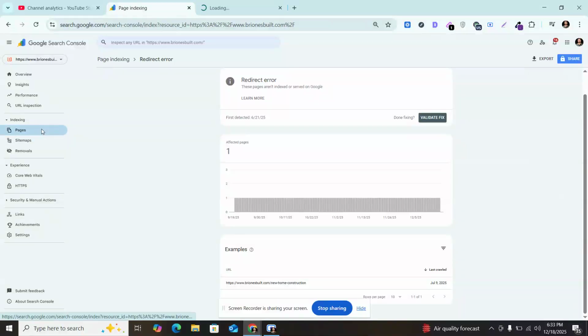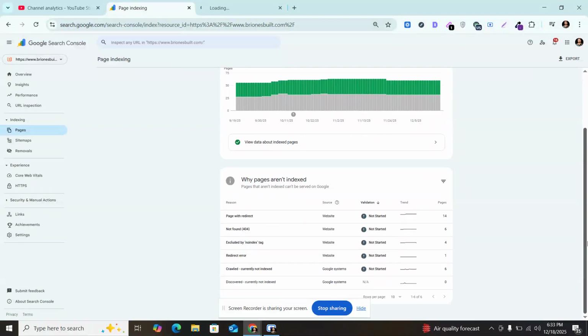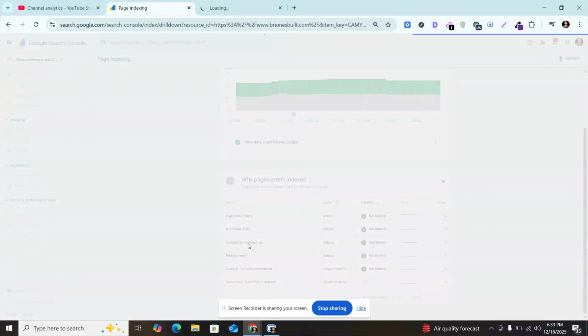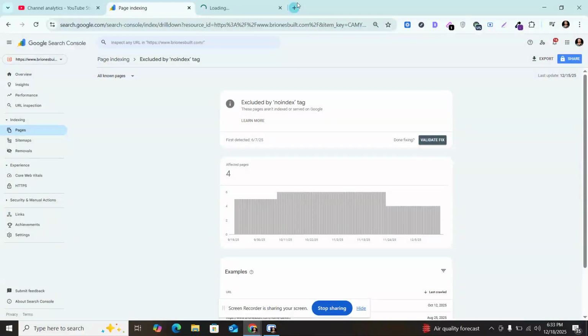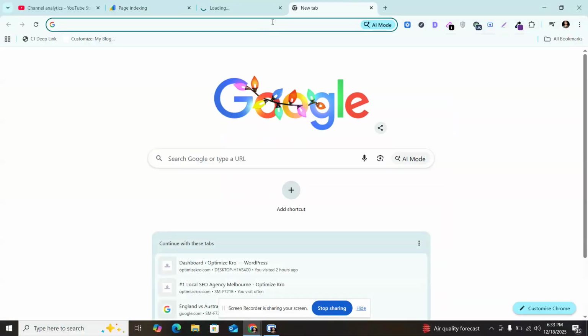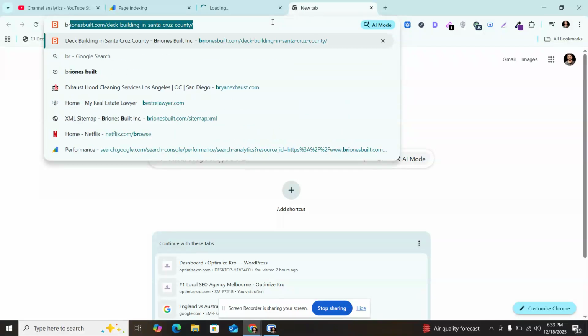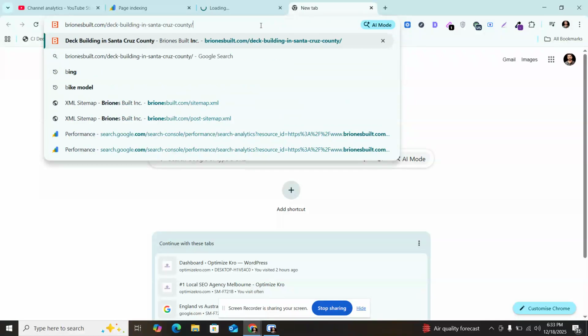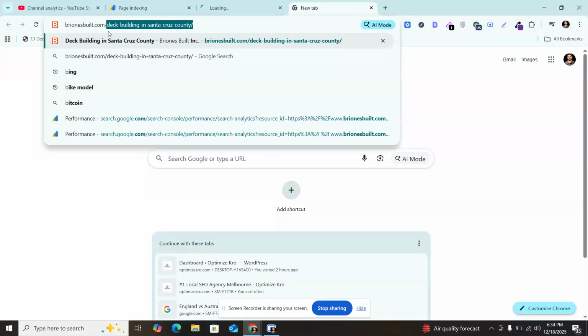And if I go again to pages, there are pages excluded by noindex tag. Maybe you know about that. Let me show you. Just give me a minute. Brand is built, and there's another thing called